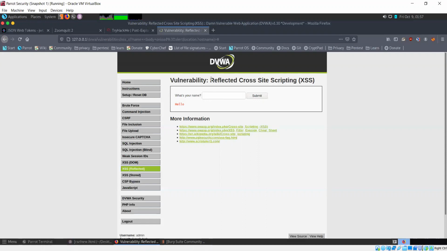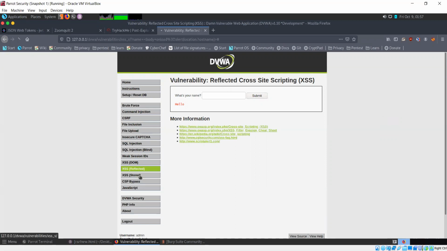Now this is known as reflected because we are reflecting this script off of the website to the actual server. When the execution happens, first it goes to the server and that is reflected from the server to the victim. That's why it's known as reflected.